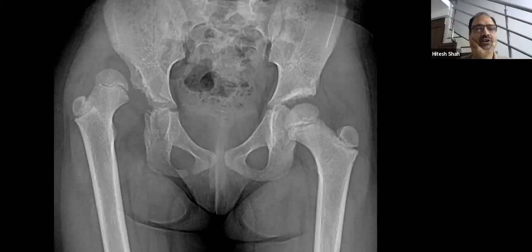Do not comment. All your points are correct. I don't want to put a controversy. You can say the right side is dislocated, the teardrop is correct, it is in the upper outer quadrant, there is acetabular dysplasia. Do not comment on the neck shaft angle and trochanter when there is not identical rotation.